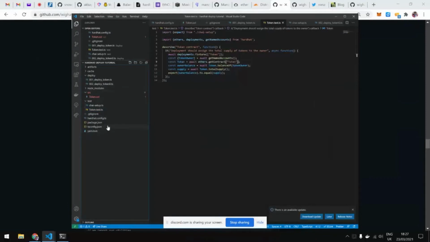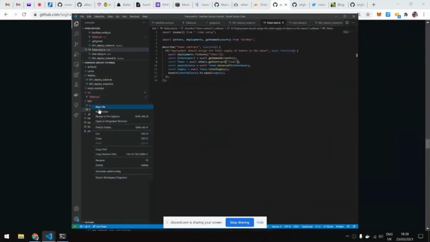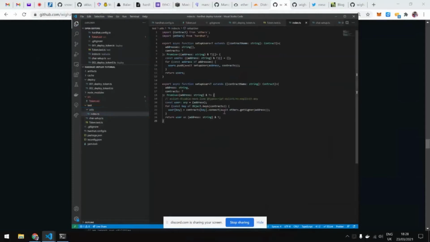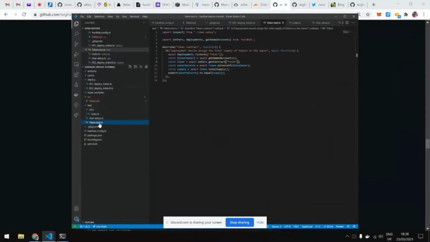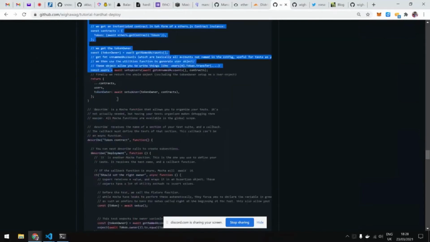I create that in another folder in the test, utils. I don't go into the detail of how it works, but I feel that it results in a nice API, and we'll go through that if we copy the full test suite.